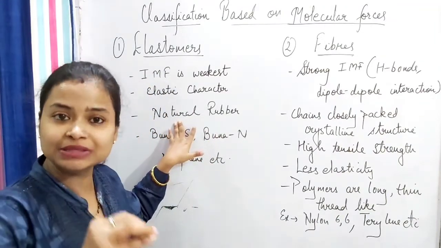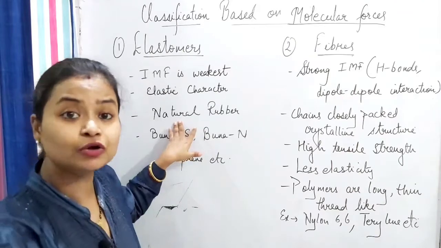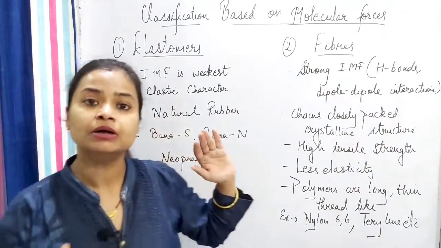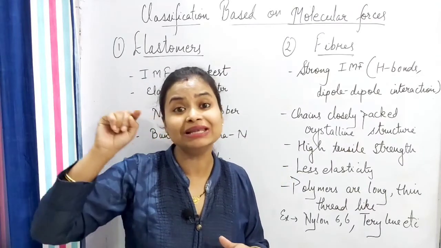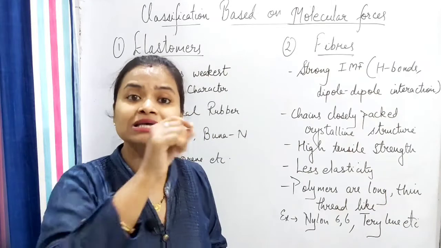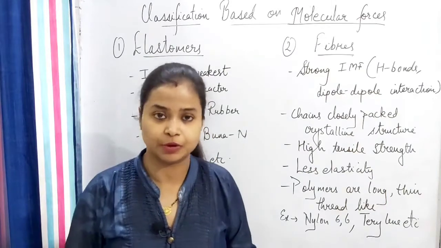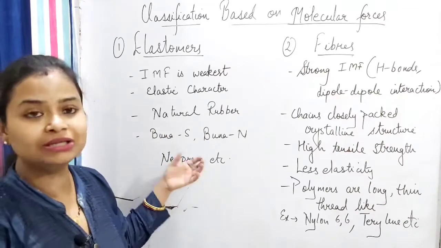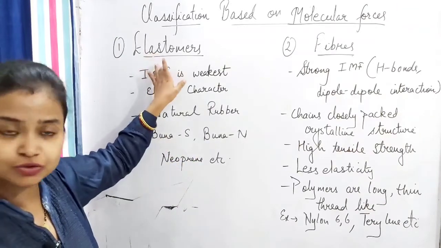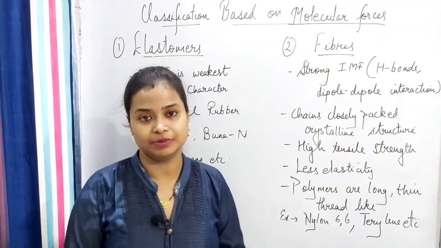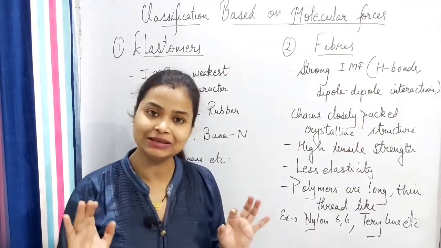Okay, it has some disadvantage, so some sulfur crosslinks are added to this natural rubber, which is known as vulcanized rubber. And vulcanized rubber is which type of rubber? Semi-synthetic rubber. Okay, and these 3 are also type of rubbers only. They come under the category of elastomer, but they are synthetic rubbers. Okay, synthetic means totally man-made.